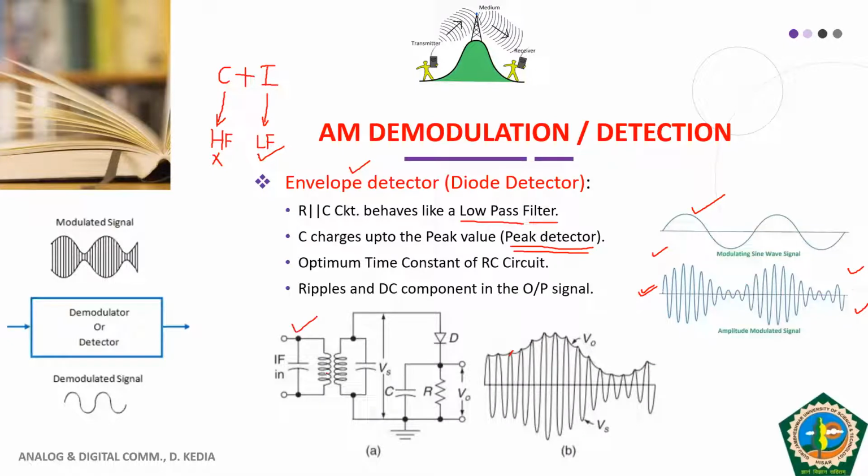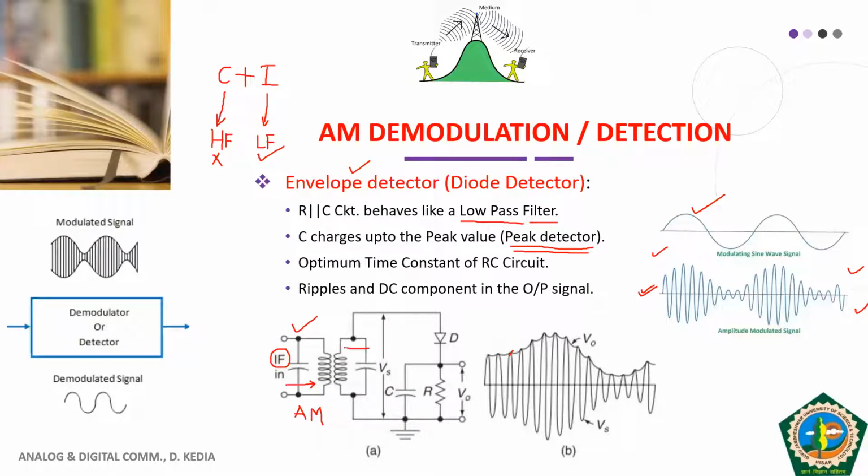From here, this is the primary of your transformer, from where your amplitude modulated signal enters. Here one term is written, that is IF. The meaning of IF is intermediate frequency. You need not worry about IF right now; this will be discussed in detail later on. Right now, my focus is to cover the most basic things in amplitude modulation and demodulation. So for the time being, assume that your amplitude modulated signal enters from the primary part of this transformer.